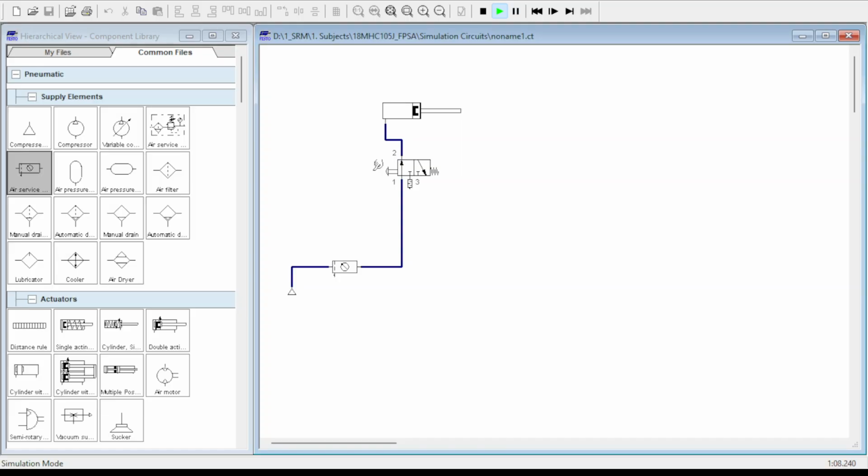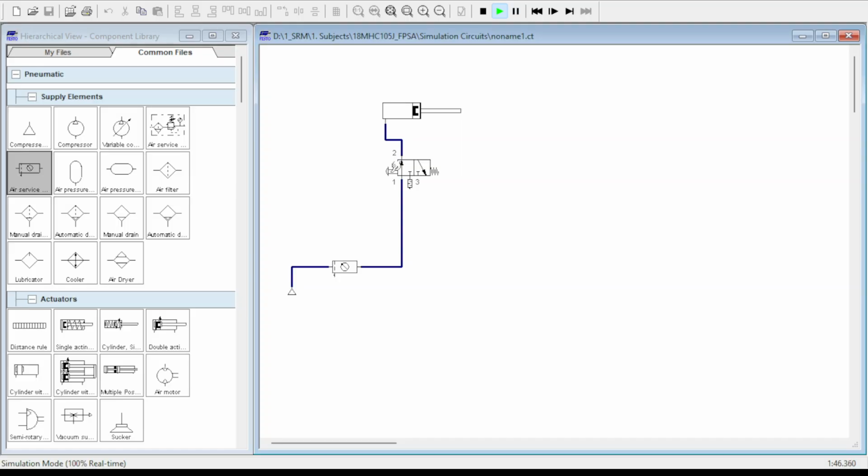When the actuation of this push button is released, because of the spring force the DCV will change its position back from normally open to normally closed, which will make the air that is present in the cap end of the cylinder escape from port 2 to atmosphere through port number 3. And this is in fact accompanied by the expansive force of the piston inside the cylinder, as it is not facing an opposition from the compressed air.